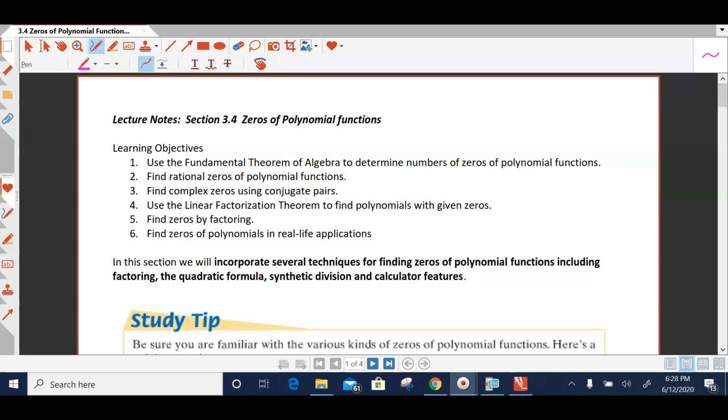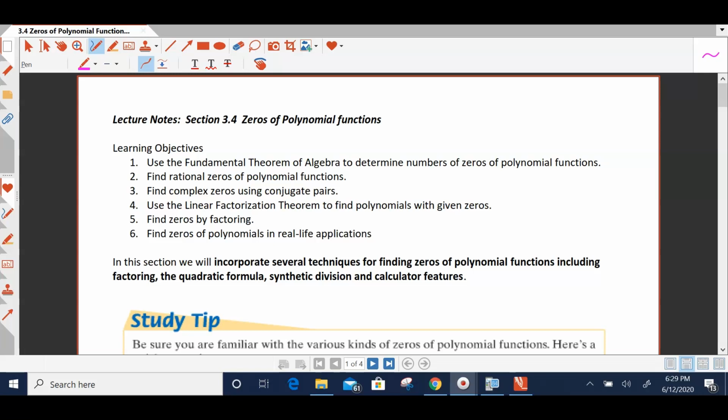Hey class, what we're going to do now is wrap up chapter 3 with section 3.4. So we're still talking about zeros of polynomial functions. We've been talking about those since the beginning of the semester, actually. We just honed in on some skills that help us find zeros in this particular chapter, specifically for polynomial functions. So we're going to take all the techniques, factoring, synthetic division, using our calculator, all the techniques that we've seen before, and they are all going to come together here in this section